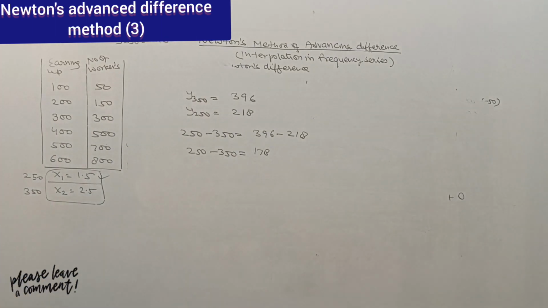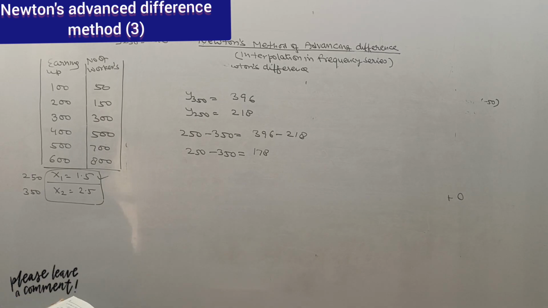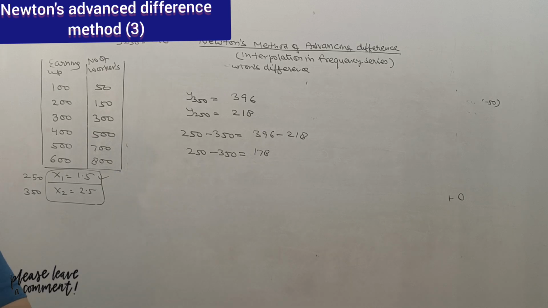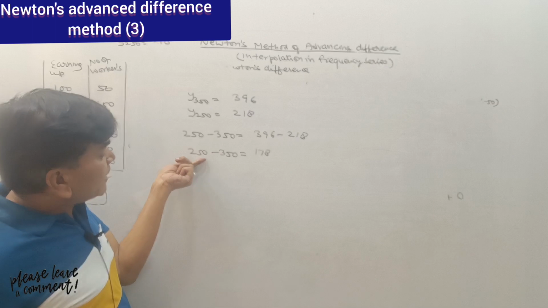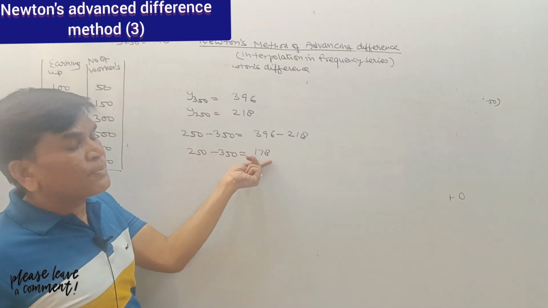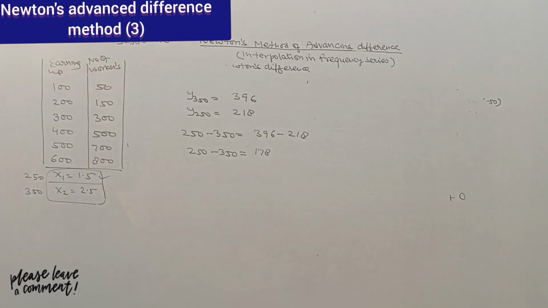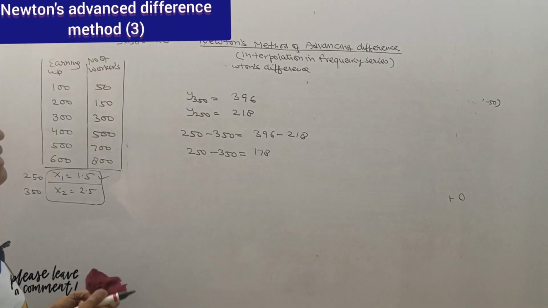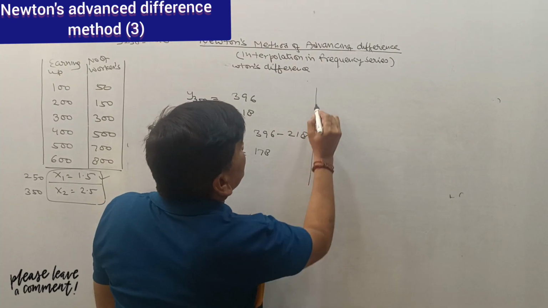Again, one more question may be asked in this. So I am writing this. If they ask to calculate 250 to 350, the number of workers is 178. Okay, if the question is in this form, that more than 350 number of workers